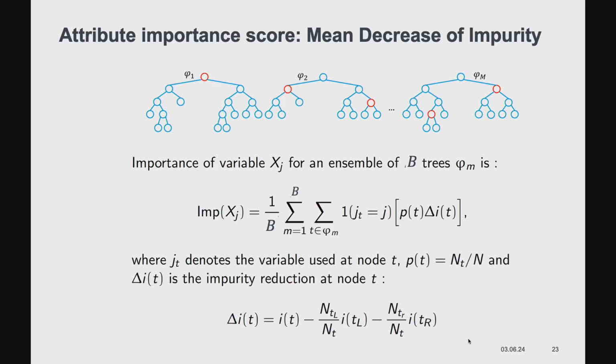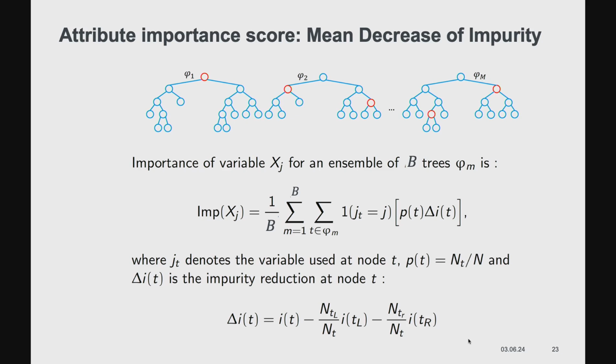The mean decrease of impurity looks at the construction time and how this attribute led to a reduction of impurity. So we could, of course, also do it at test time, but we can also do it already at construction